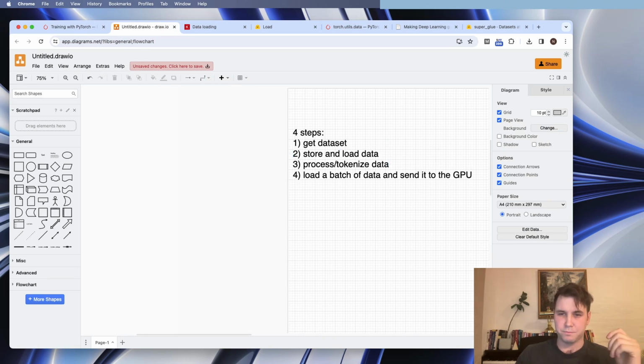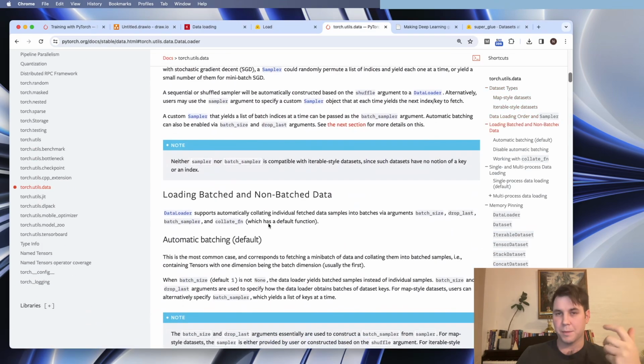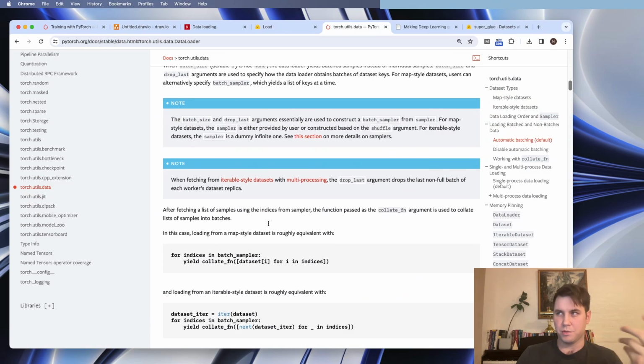So steps 2 through 4 kind of just get rolled into 1 or 2 different interfaces, and it's very high level. The problem is something goes wrong, or you need something custom, and you get thrown into the deep end of trying to figure out, well, how do I fix this, or how do I change this, or what's going on inside? And part of this deep end is diving into the documentation of these kind of high-level interfaces. So if you need to do something custom with your Torch data loader, for example, or you get some error, or it's too slow and you need to speed it up,